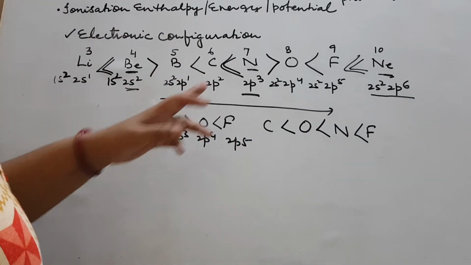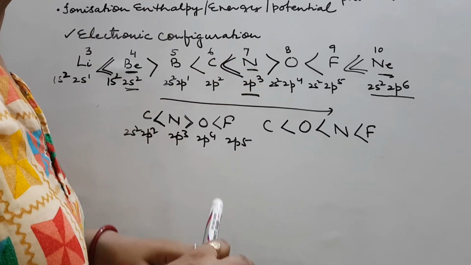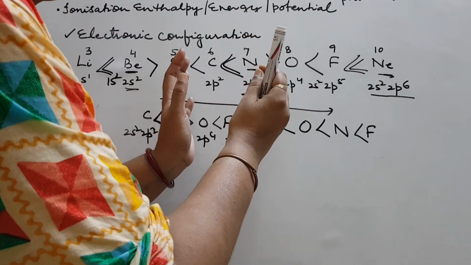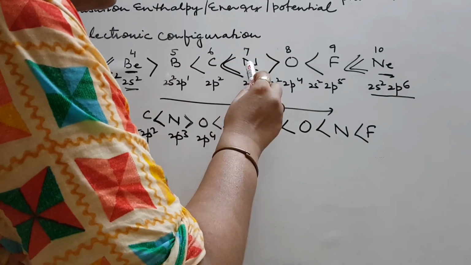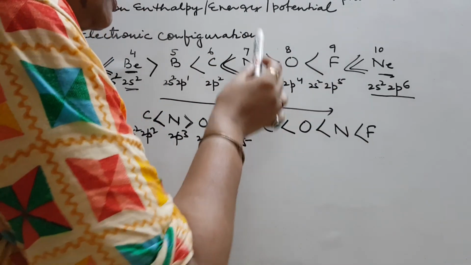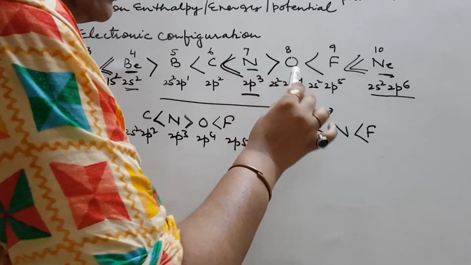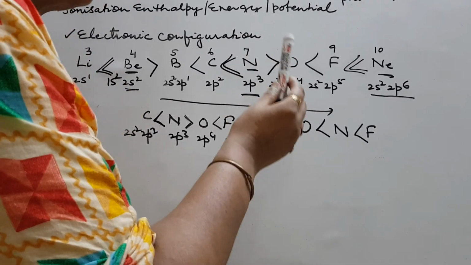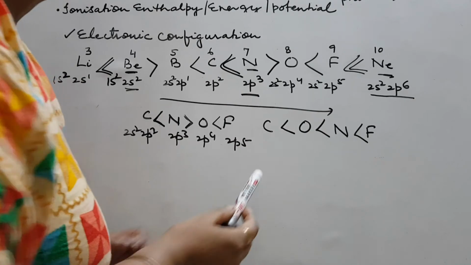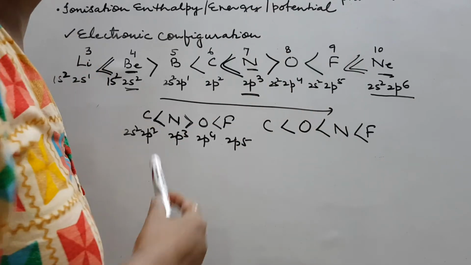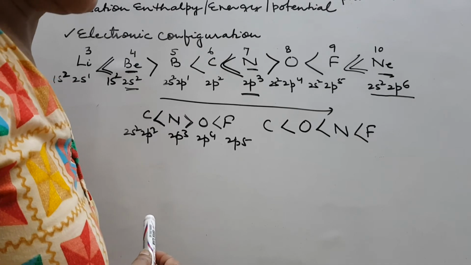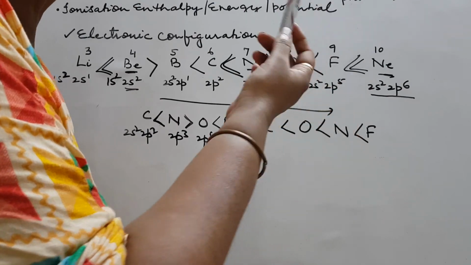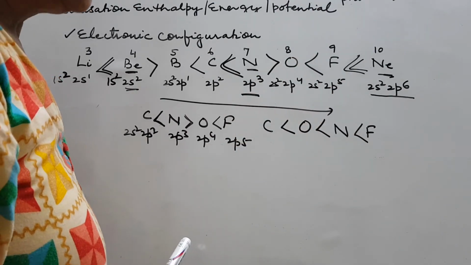I am again repeating, half-filled and fully filled cases do not mean they will have very, very high values all the time. They have higher values only as compared to their neighboring atoms. N will not have a value higher than F, but N will always have a value higher than O because the size factor is also there. So due to configuration, they have values higher than the neighboring atoms. And what to talk of inerts, children, in any period, inerts have the highest value, right? We are moving left to right, and what to talk of the stability when the octet is complete. So these were the points.